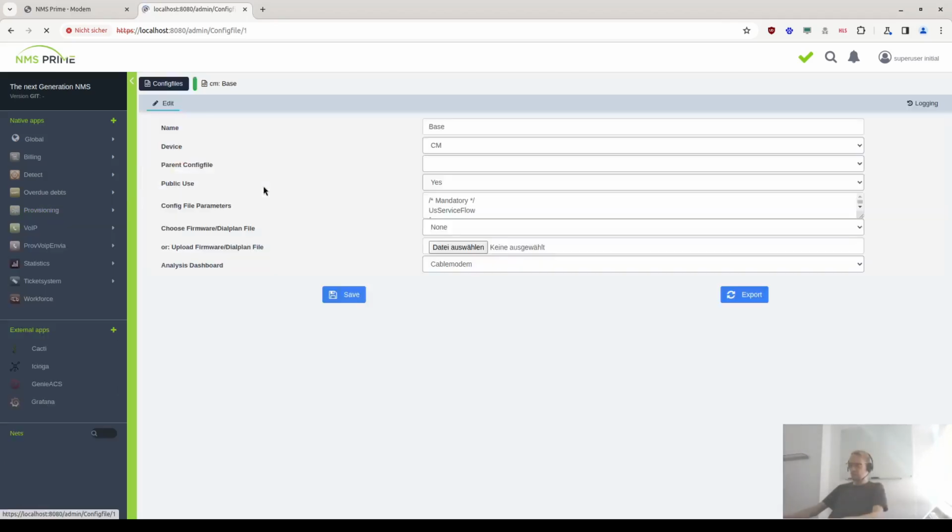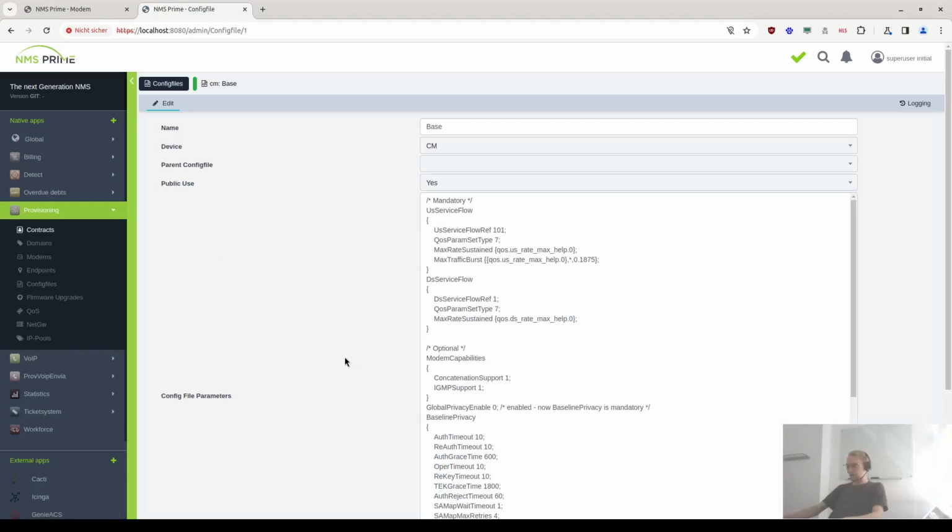So let's go to the base DOCSIS file, and you can see, you probably know this, how the structure looks like. You can see we can use variables here. So we will take the QoS from the contract, and then we'll replace this variable with the actual value. And you can also calculate with it. For example, here we do it times 0.1875, so basically 18% roundabout of this rate will be our max traffic burst. So you don't need to adjust this for every different quality of service or class of service. We will